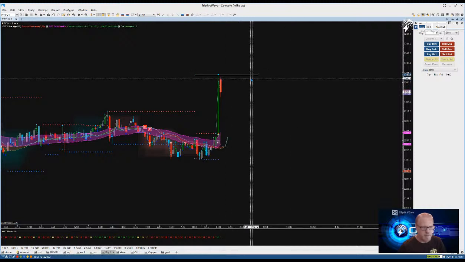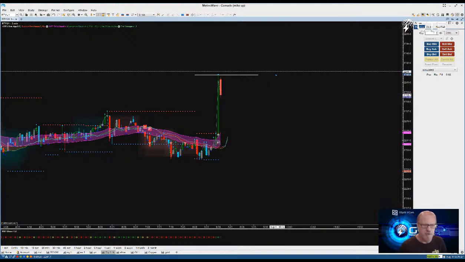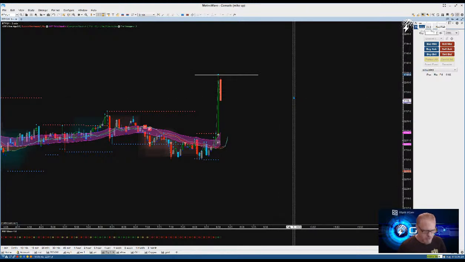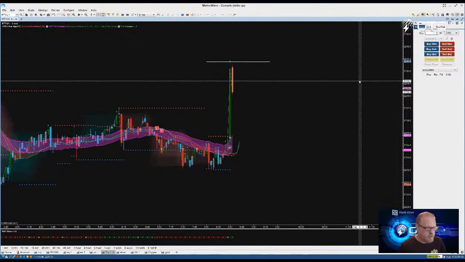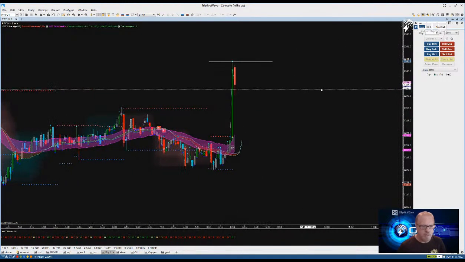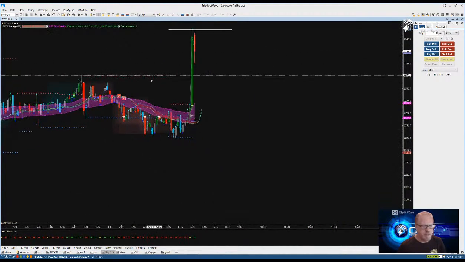But man, we had a great day yesterday. Went back and tallied up a bunch of charts and stuff, and it was really awesome. The manager did a really good job, and we just started. I just got it yesterday afternoon, so I kind of learned it overnight and yesterday. It's doing a wonderful job, and we'll go into the details on it today also. This chart moves up and down. There you go.